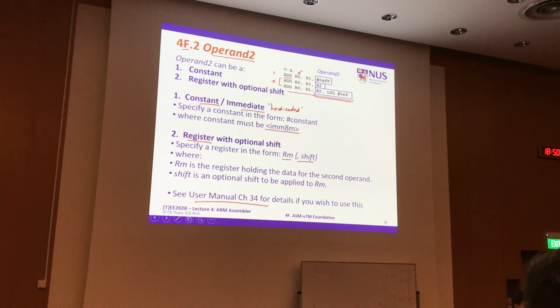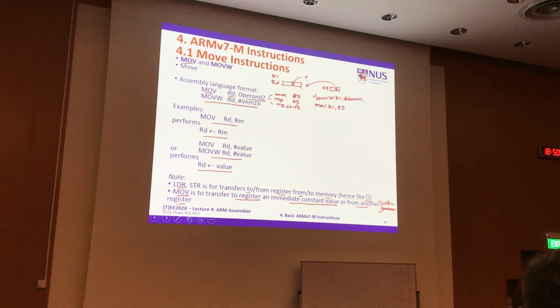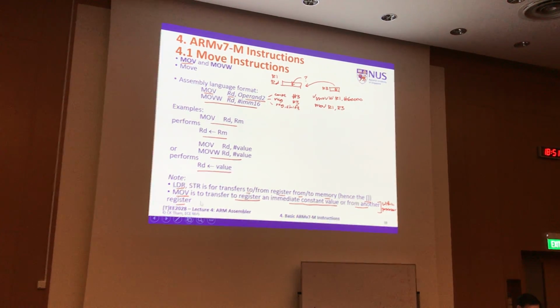Operand 2, just recognize the format. It can be one of three things: the 8-bit value, a register, or register with shift. Difference between move and load. Move would be something that is transferring from one part of the processor, from one register to another register. So it's solely within the processor,